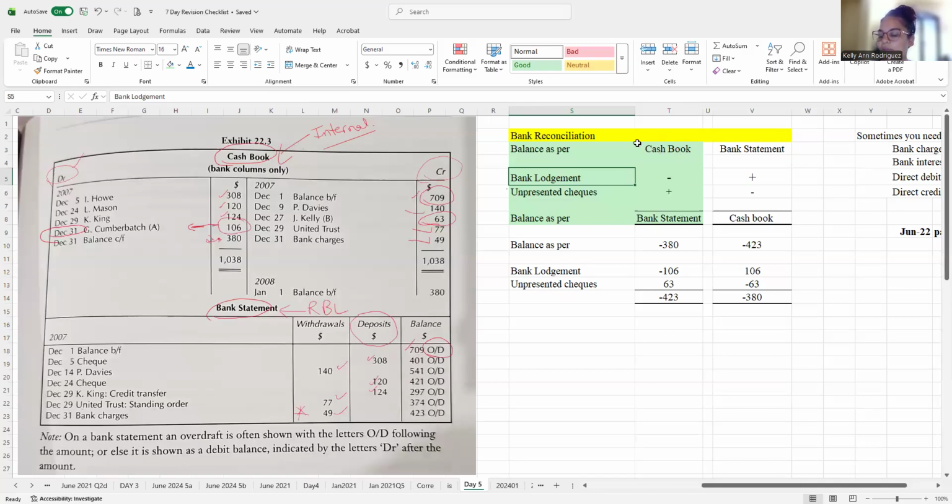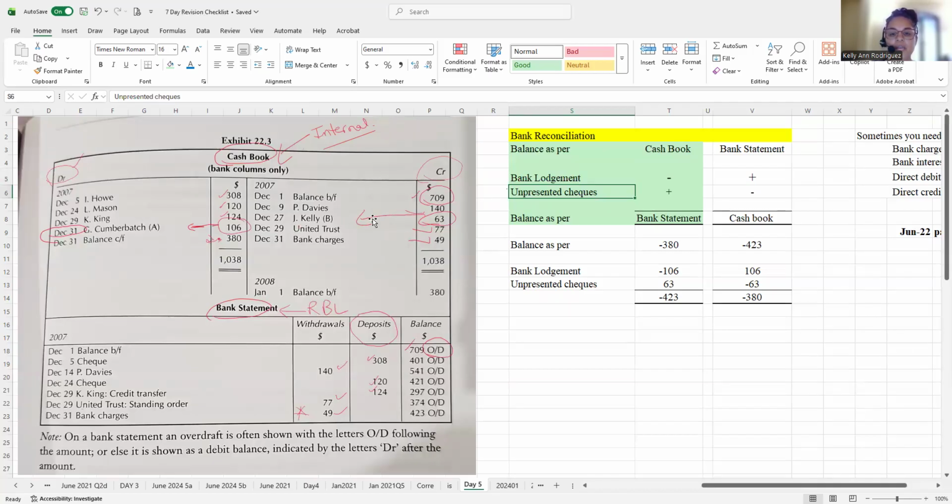You have to now minus it back from here because a deposit increases your cash book, right? So when you minus it from your cash book, you are actually reducing your balance in your cash book to better reflect your bank statement balance. Unpresented checks. An unpresented check is a check that you actually give out, but the person didn't deposit it in their account, which is in this case